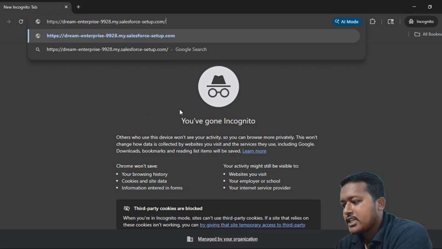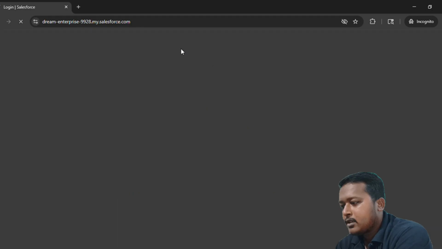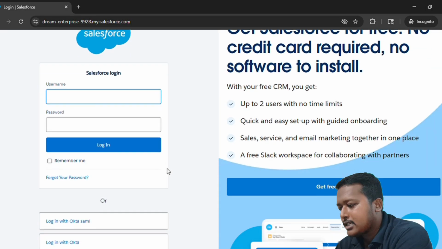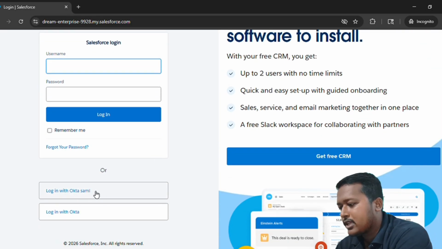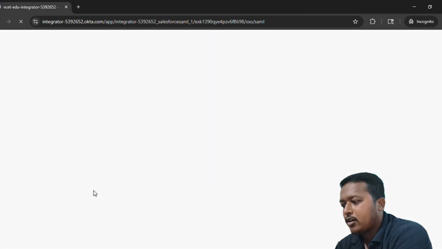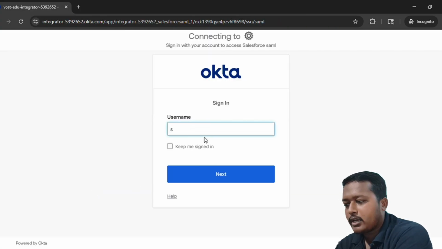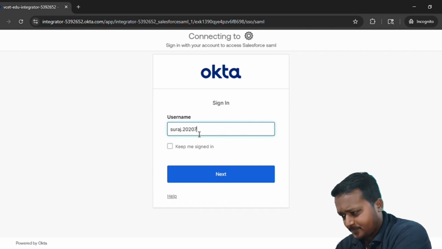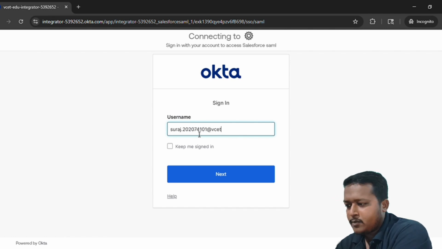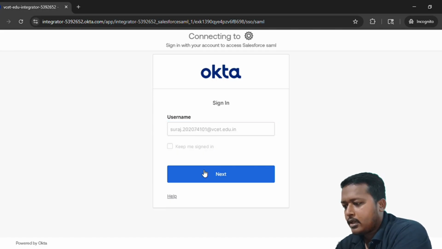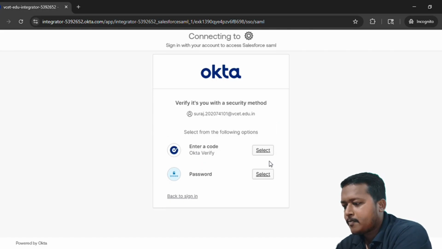So we'll go to the Salesforce login page here, and as you can see, login with Okta SAML is there. We'll click on that, and after clicking on it, it will direct us to the Okta login page. We'll enter Okta credentials here and click on the next button.